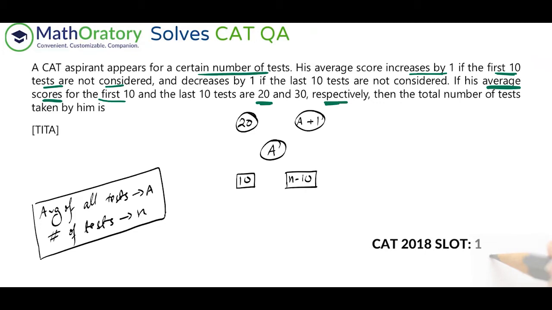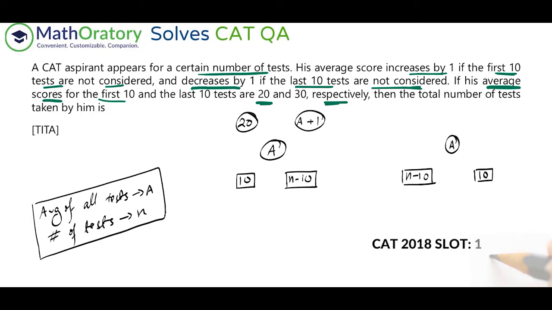We have another allegation chart, and that is when we are ignoring the last 10 tests. So this same average is decreasing by 1 if the last 10 tests are not considered. So if you don't consider the last 10 tests, again we are dividing into two groups, but this time around, the first group is n minus 10. I'm trying to keep that first and last idea visually as far as possible so that it's easy to relate. And the last 10 tests I'm writing here on the right side. So these are the two groups. When mixed, we should get the same average, because that is anyhow the average of this person, all tests combined.